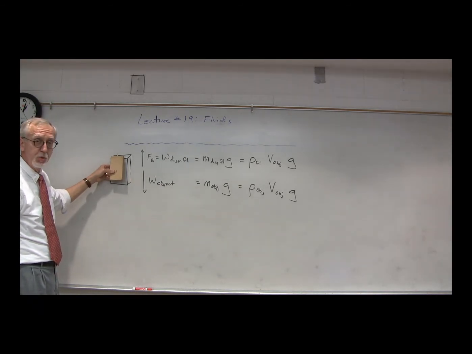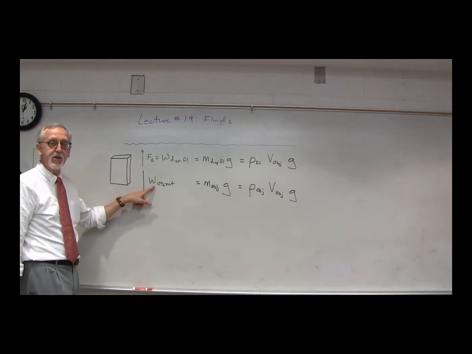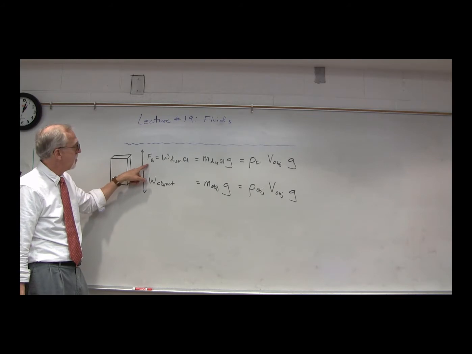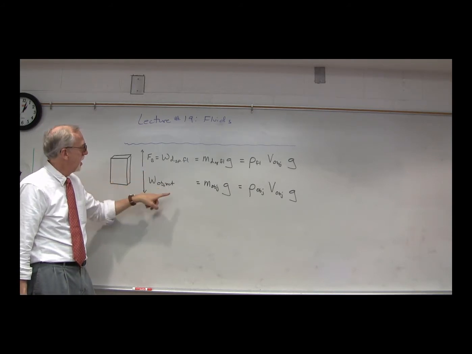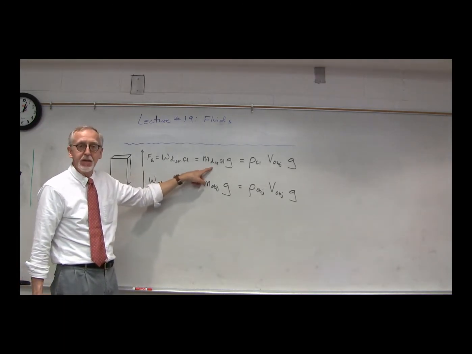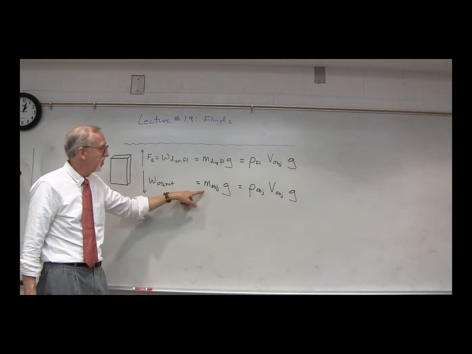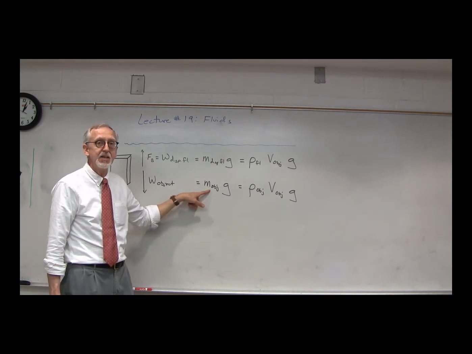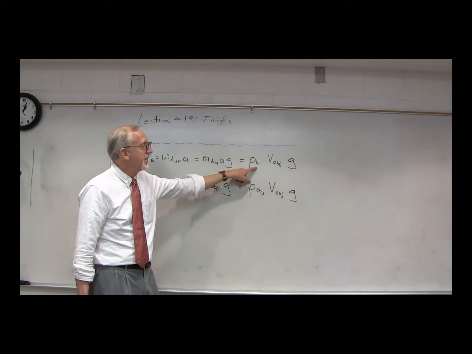Now, what's it going to do? What's going to happen? Well, there are two forces acting on it. The weight of the object, pulling it down, and the buoyant force, pushing it up. Now remember, the buoyant force is equal to the weight of the displaced fluid. Well, that means the weight of the displaced fluid is the mass of the displaced fluid times g, while the weight of the object is the mass of the object times g. Now remember, mass is equal to density times volume, so the mass of the displaced fluid will be the density of the fluid